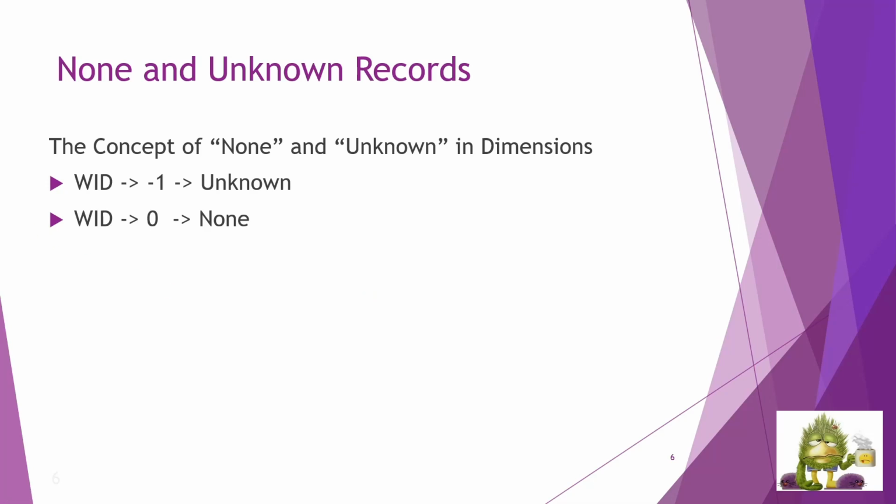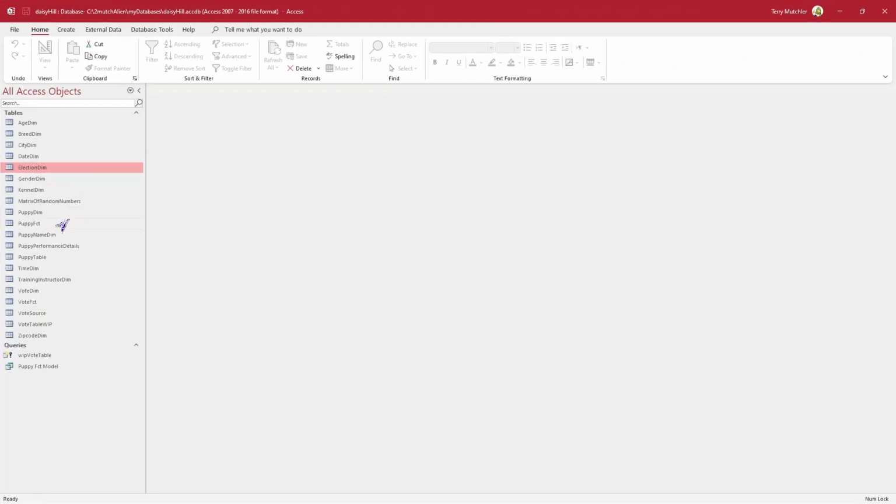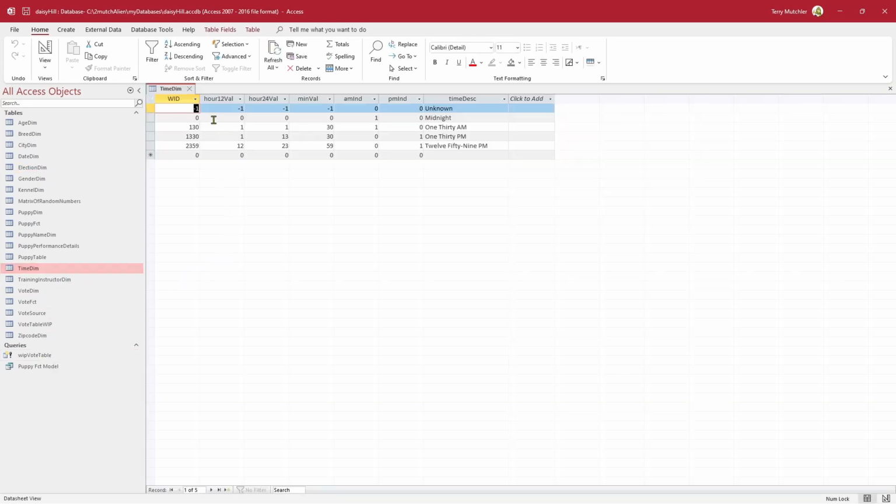And what this looks like when we bring up any specific table set, and we'll go into my Access database to do this with, bring it into here, and if we look at, for example, the time dimension, how this sort of falls out directly, so to speak. Hello, time dimension, there we go. So what we've done is created a -1. We give it some negative values for the fields that you want to see in here, and give it an unknown for its description. Just so happens that the 0 or unknown is typically midnight,